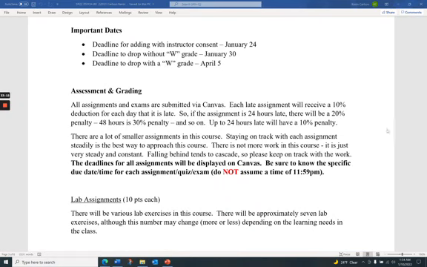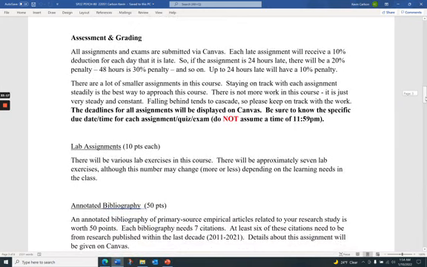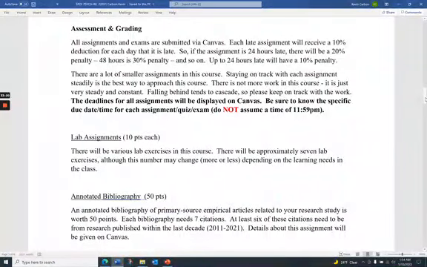You can read the stuff about the assessment and grading. Do know that there are some late consequences. I don't want to be punitive. I don't want to penalize you. But I really want to give you a strong incentive to keep on track with the course. If you aren't keeping on track with the assignments, it's going to add up and it's going to be difficult in the class. So I want to give you an incentive to hand things in on time.